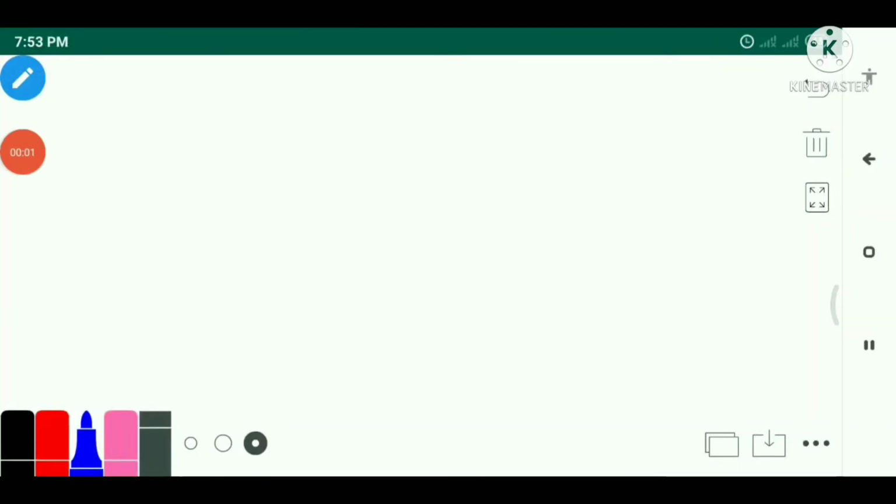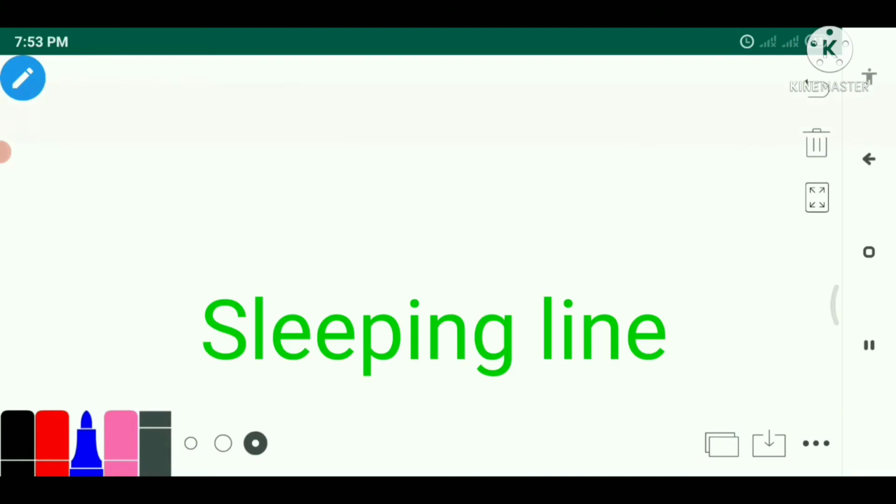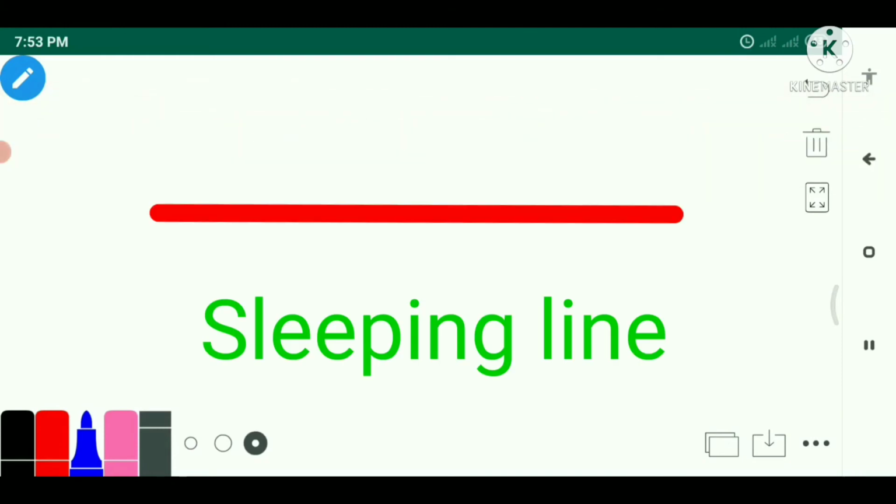Okay students, now let me tell you about some other lines. So the first one is what? Sleeping line. As you can see, it is just like a line which is sleeping, right?